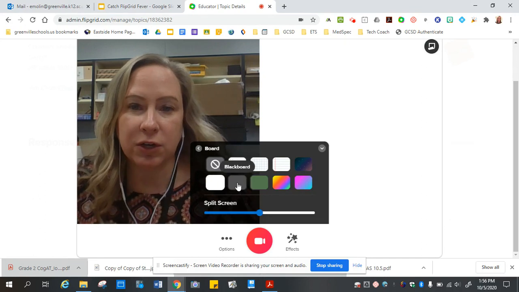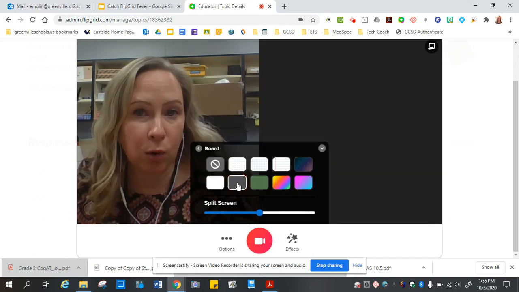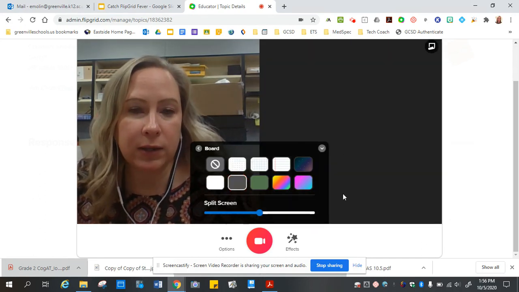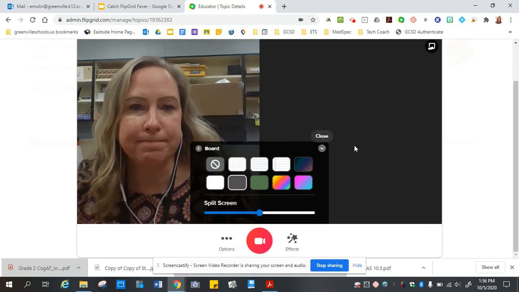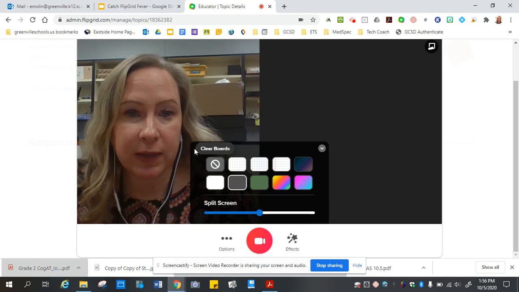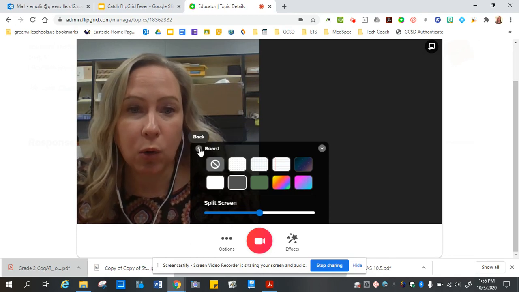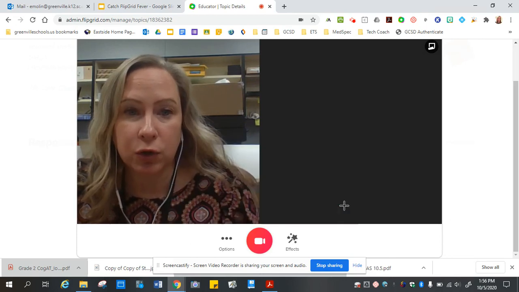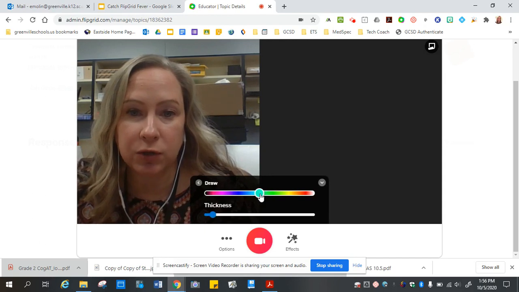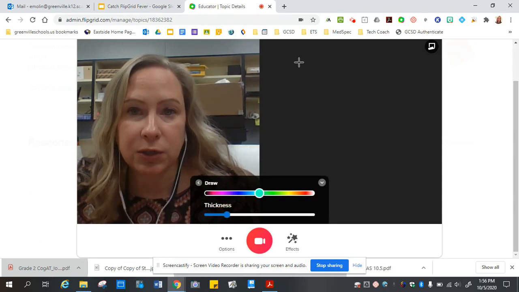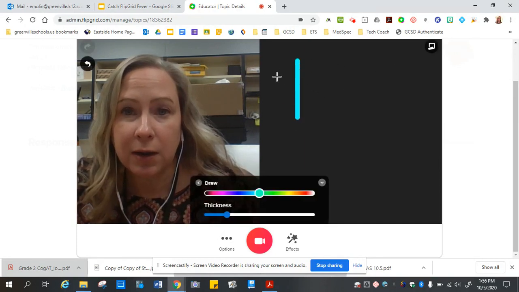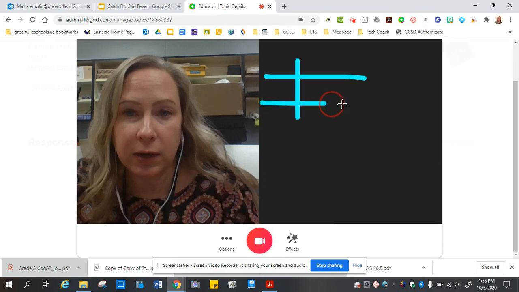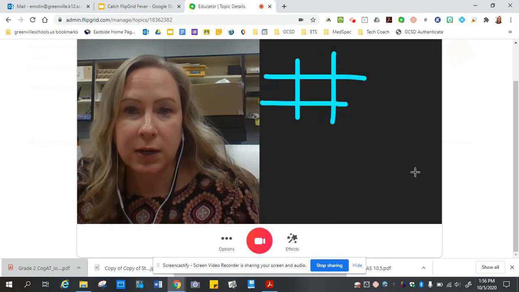But there is the traditional whiteboard and then blackboard that they could write on. So if they're just describing something or showing their knowledge in something, they can grab a whiteboard or blackboard, and then of course go to the drawing tools and use those as well, choosing from lots of different colors and thicknesses to describe whatever it is that they might be going along and describing there. Okay, so